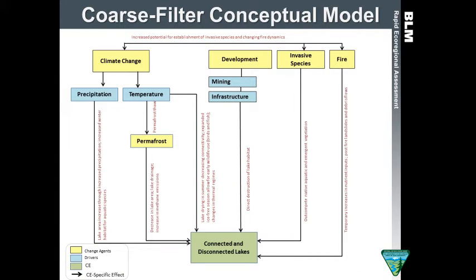So in addition to the distribution maps, we developed these conceptual models, and this is an example of the connected and disconnected lakes. And again, for all of the conservation elements, we developed conceptual models to help us qualitatively